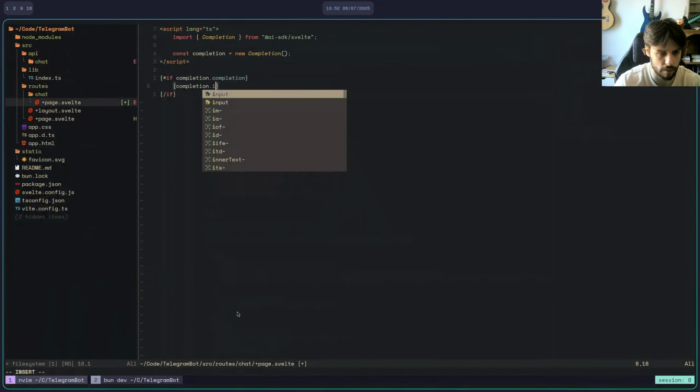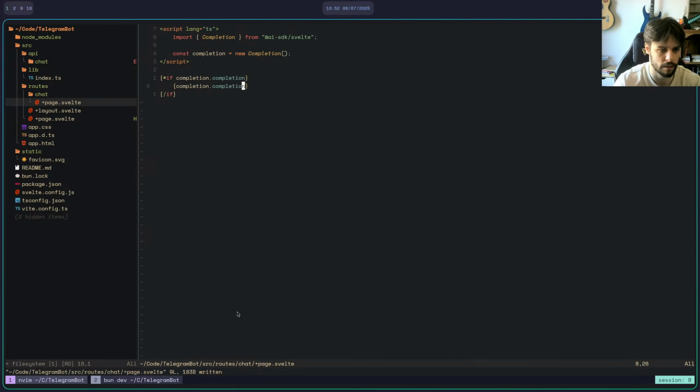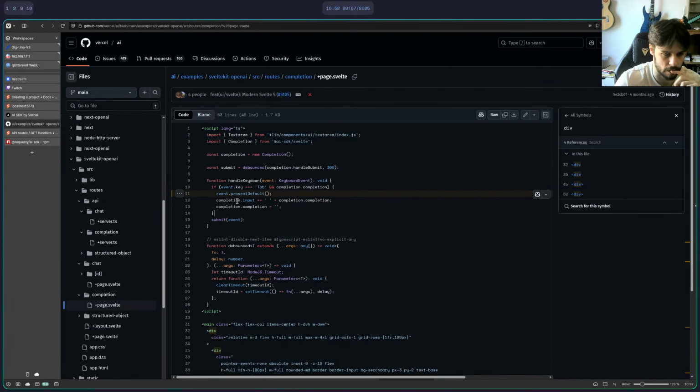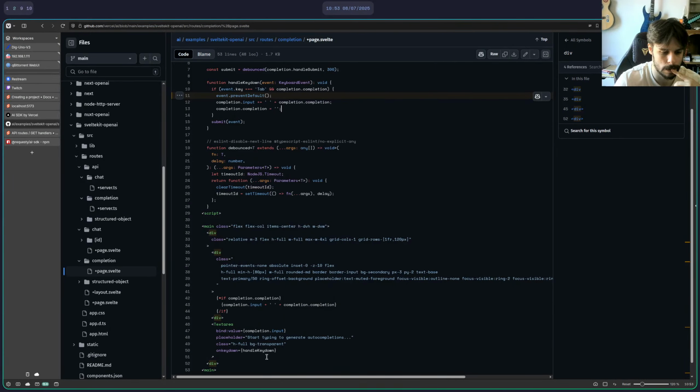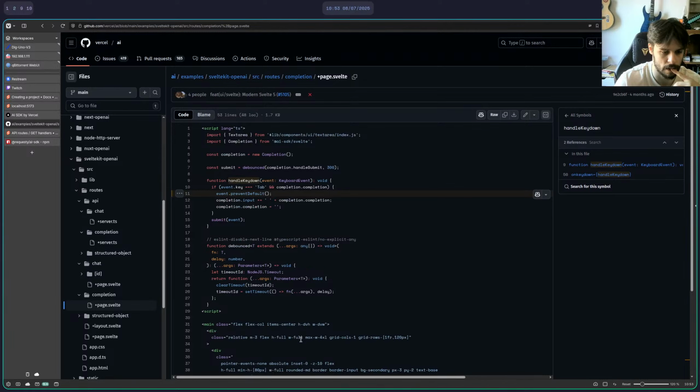Let's do dot completion. Great. Okay. And how do we send this over? The value is okay.